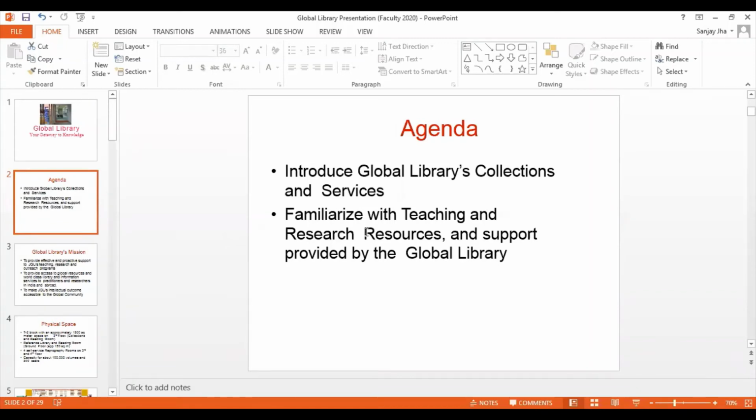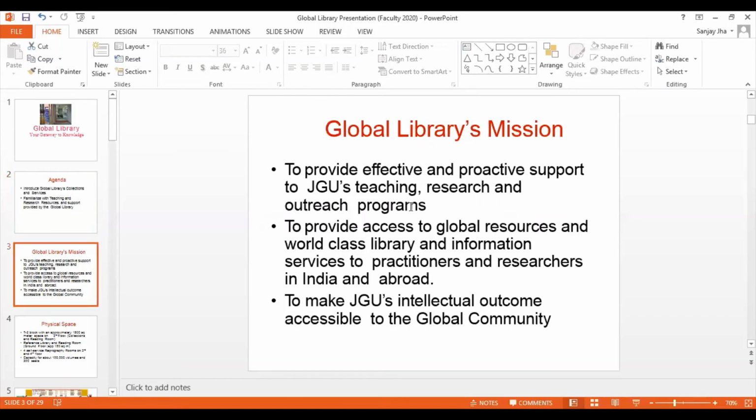If you need some books from JNU or DU or any rare books, we are committed to support you in that also. You can send the request to the library, and the library will arrange the resources for you.